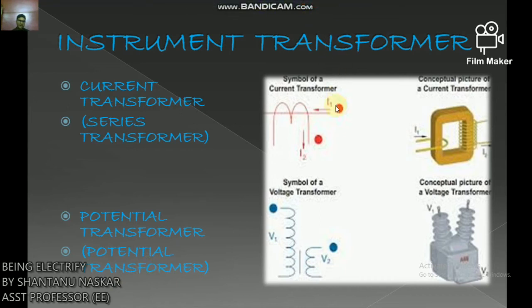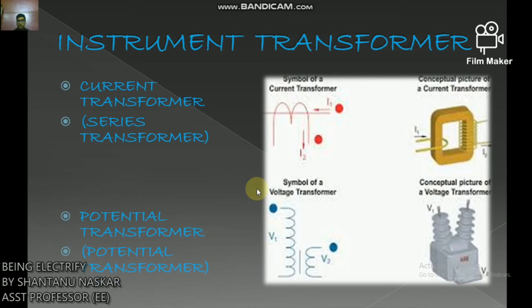Now comes to the main thing: what is an instrument transformer? We know that the voltage and current within a power system are very large, thus the direct measurement of voltage and current with high magnitude is not possible. So we need measuring instruments which have a high range of measurements, or there is another technique using the property of conversion within AC current as well as voltage.